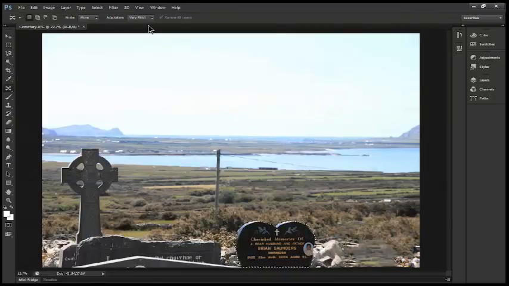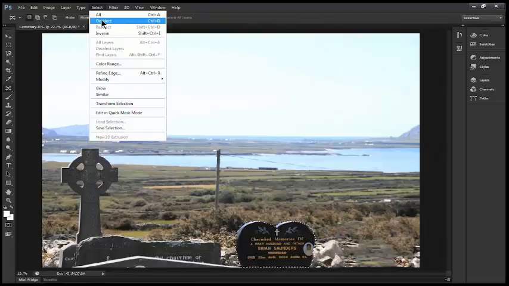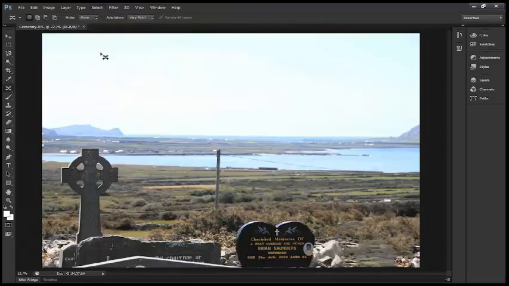We had a very specific selection, so it may not show too much of a difference, but in some images, it can be the difference from something that does look like it was kind of cookie-cuttered out and something that looks very natural and organic. In this case, I think either one is working, so we'll go ahead and deselect by going to Select, Deselect, and I think we've done a pretty good job of moving these elements together and making a more